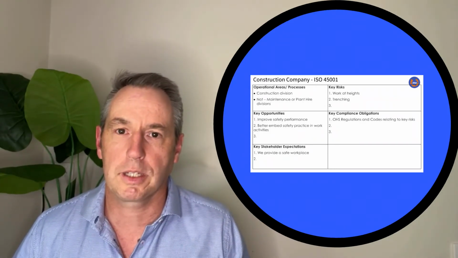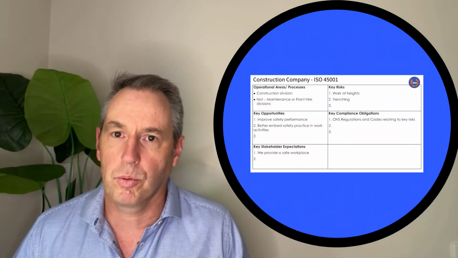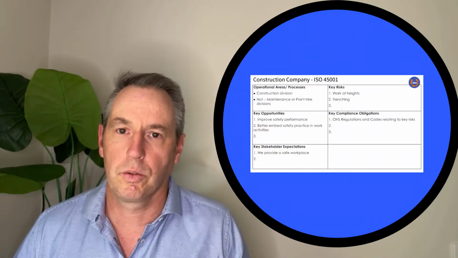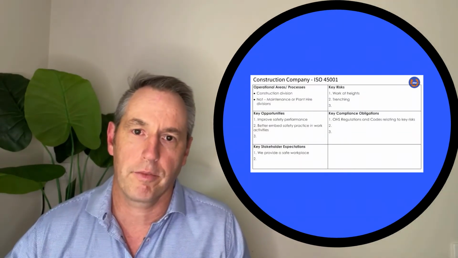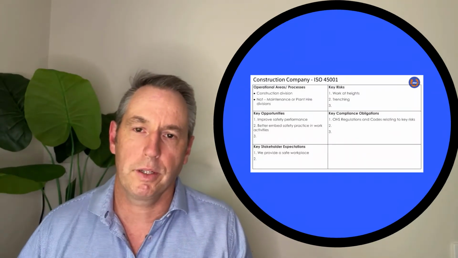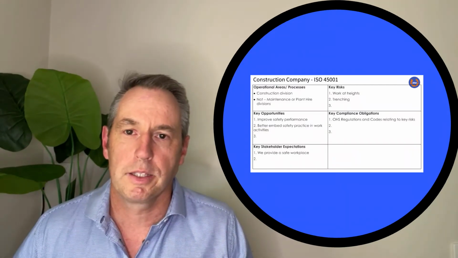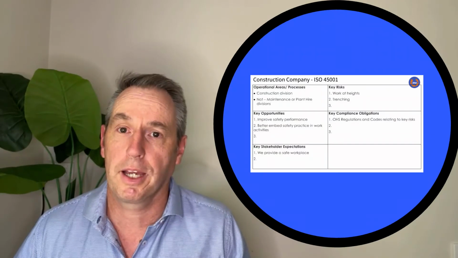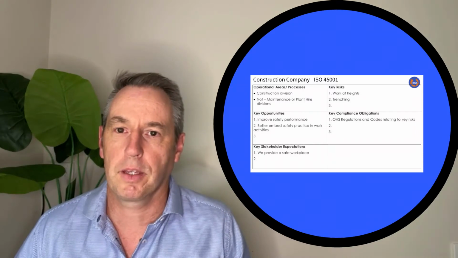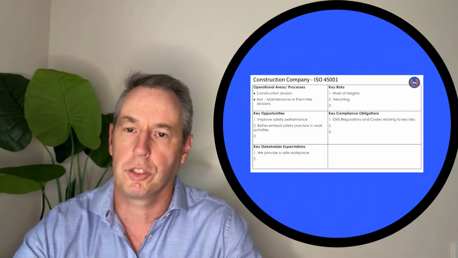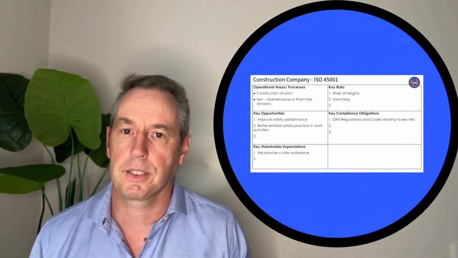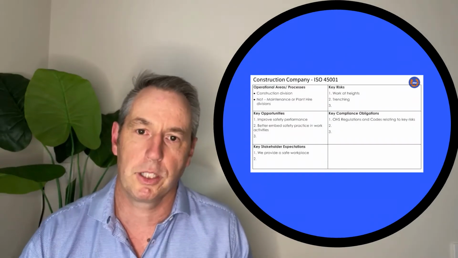We can also start to think about, and yes, you can obviously add more dot points, what our key risks are. For this particular hypothetical construction company, two of them might be working at heights. They know they have personnel doing that from time to time. That's a high-risk construction task. Same if they're doing trenching works. Both of those things would help us start to identify the broad legal obligations that we need to manage through our management system, as well as, by implementing a management system, some of the opportunities we can facilitate: improving our culture, improving our safety performance,